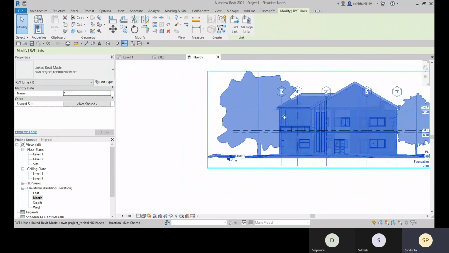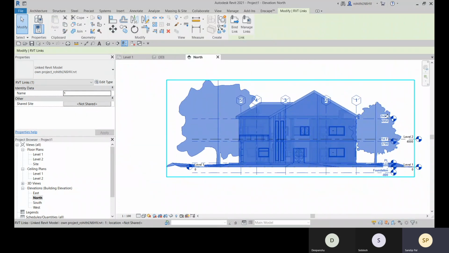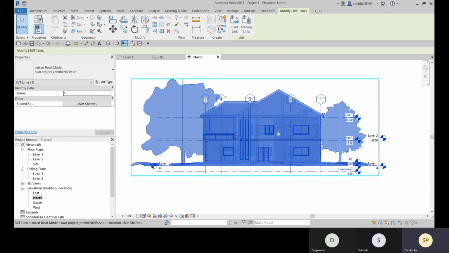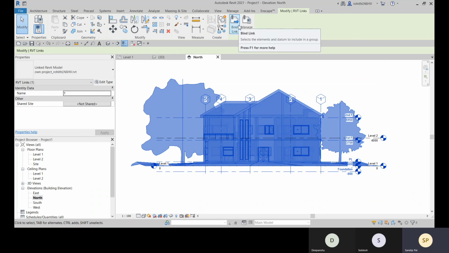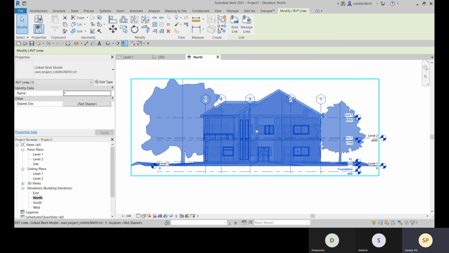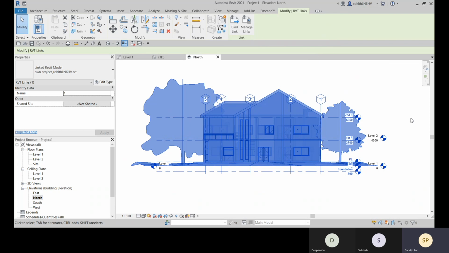Okay, so what is available within this Revit link, I cannot select it individually. So if I need to make it a part of my project, for that I have this bind option. You remember this bind option, which is available in the external reference in AutoCAD. So that option you can choose here to make it part of this project. This will not be available as a link file. All these will be available as Revit elements within this particular project.